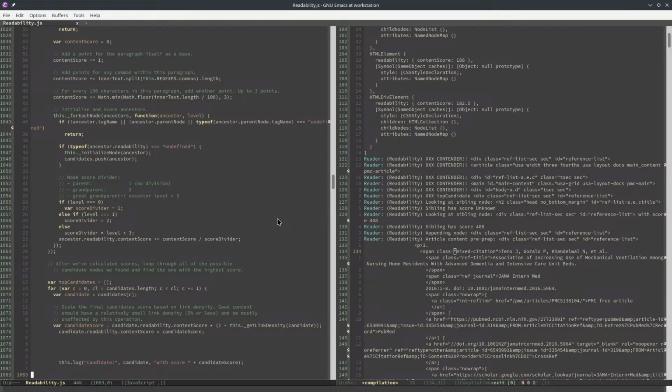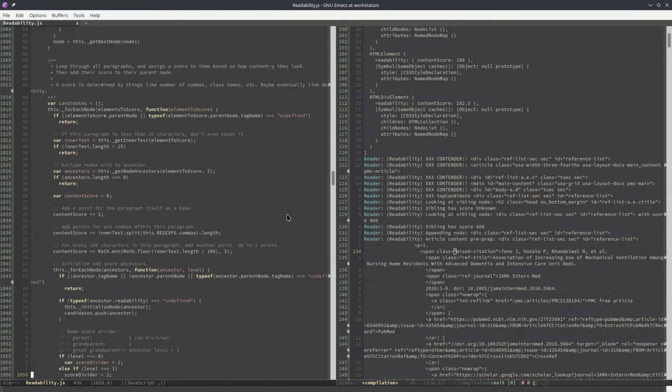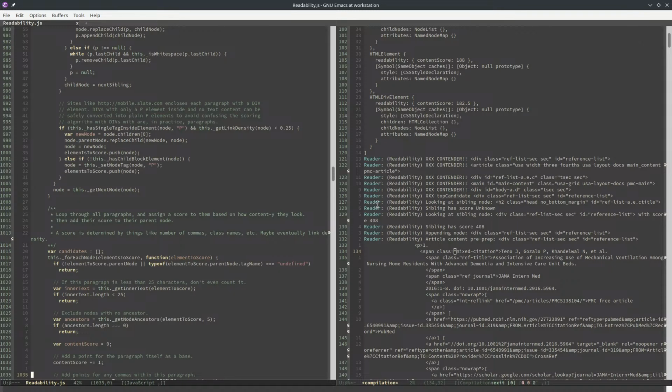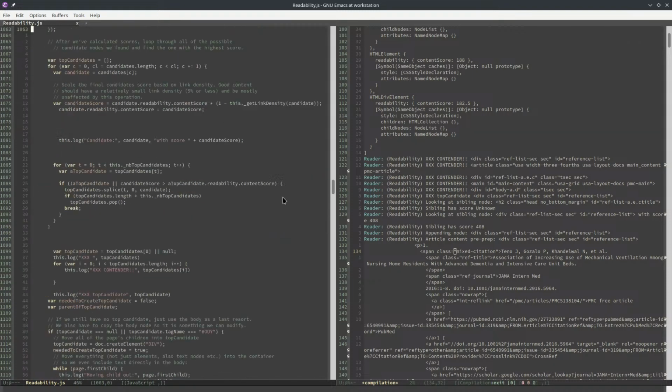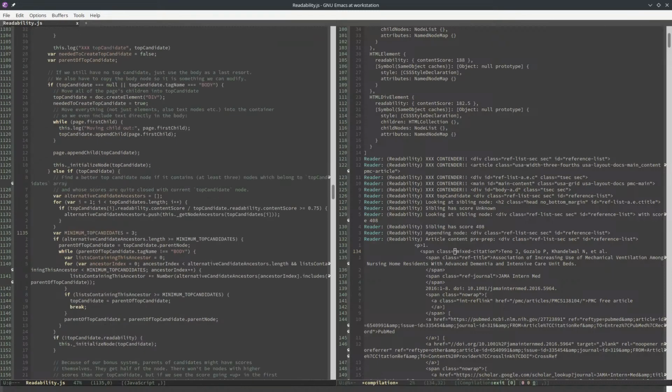I'm trying to think if there's a better, faster way of figuring out what it is about this algorithm that causes the changes. It doesn't seem to be link density, and I'm not sure. I think that the best thing to do is to take a break here and